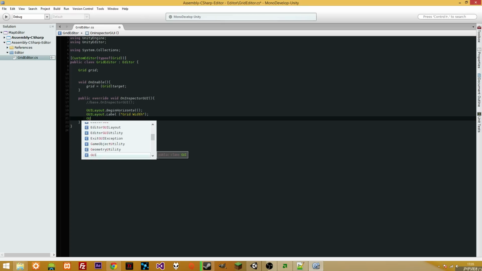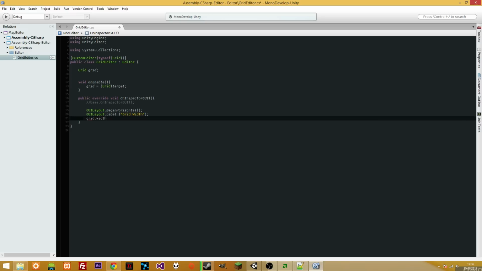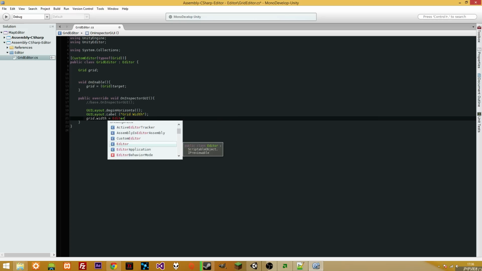Then we create grid.width. We use the width of the grid that we have cached here